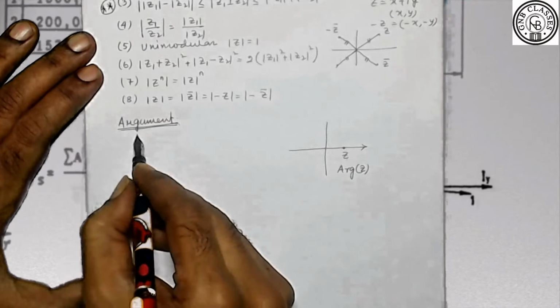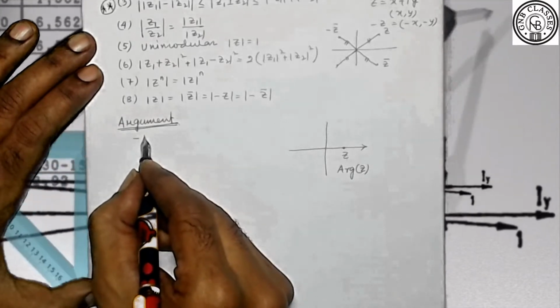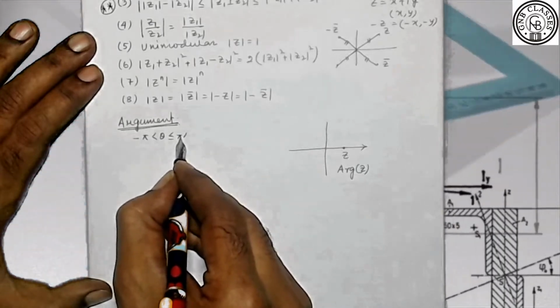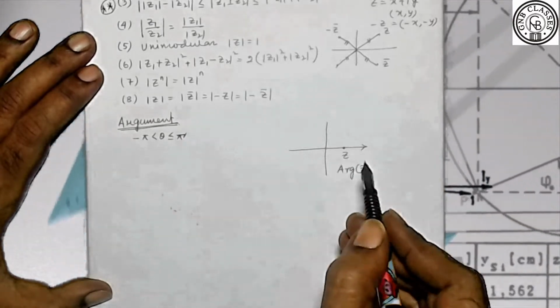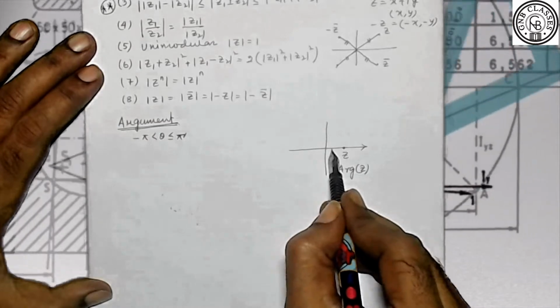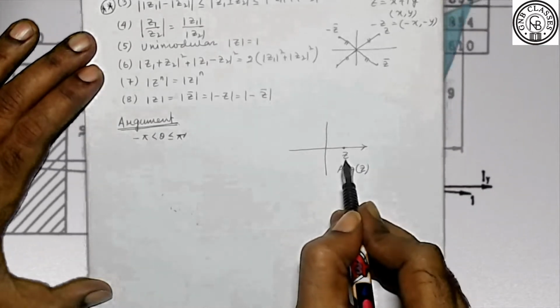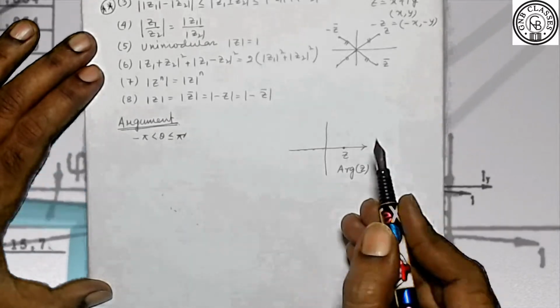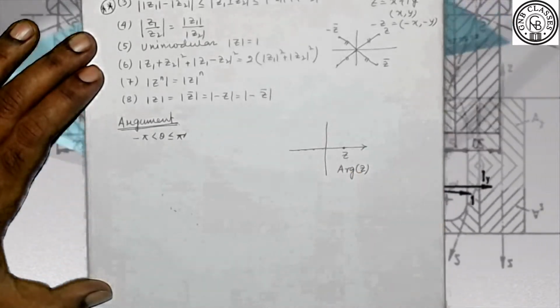Okay. So we know that for the principal value of the argument, your theta always lies between minus pi and pi. Okay. So when z is on the positive direction of the x-axis, definitely z is real, because any point on the x-axis is real and any point on the y-axis is imaginary.